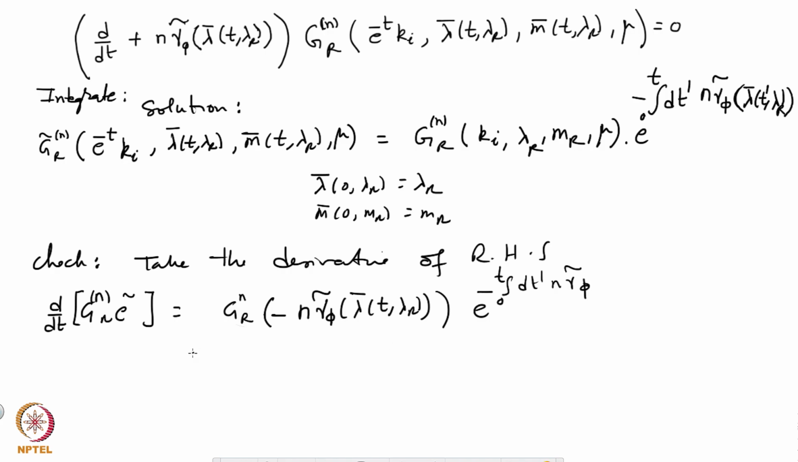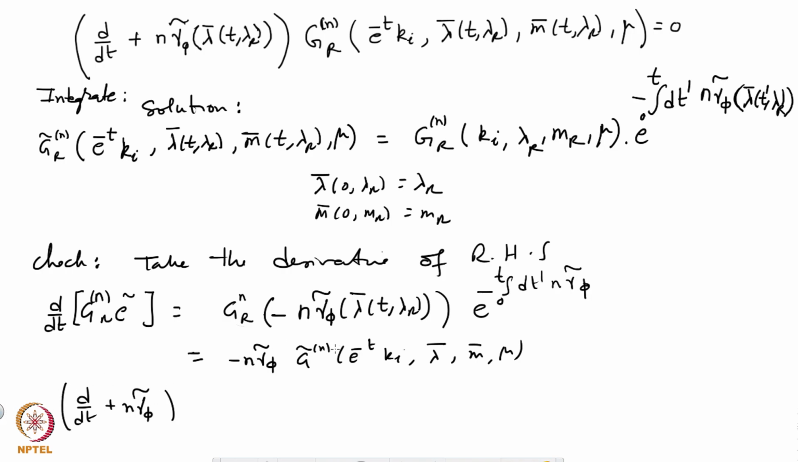Okay, which is minus n gamma tilde phi, I'll suppress the arguments, times g tilde n, this times this, which is again the original thing, g tilde n e to the minus t ki lambda bar m bar mu. Okay, taking this to the other side and remembering that this is exactly this factor, you get d over dt plus n gamma tilde phi,